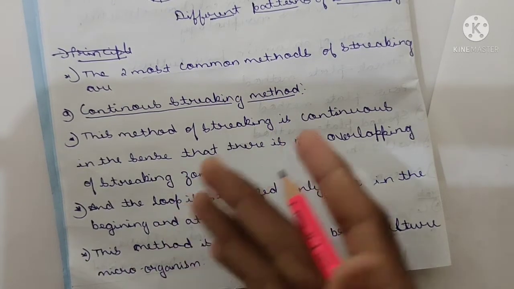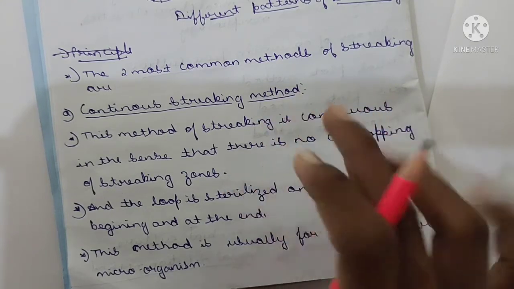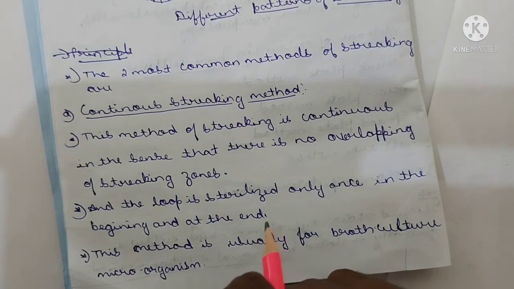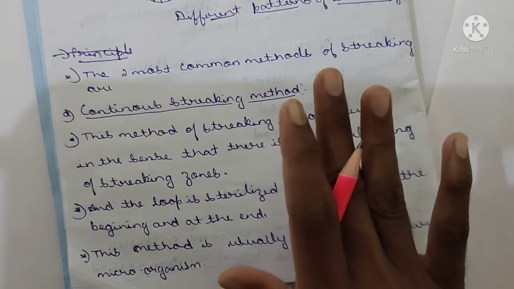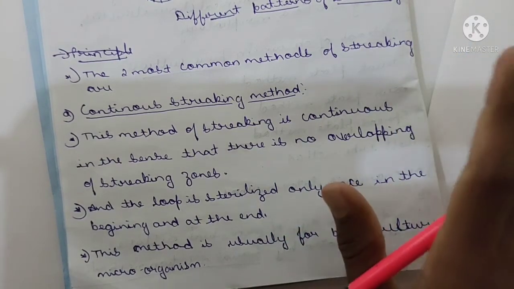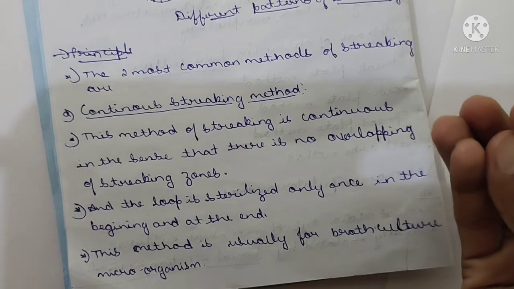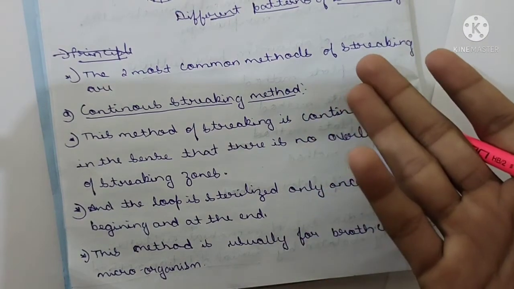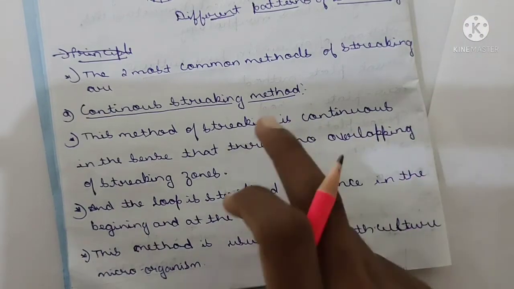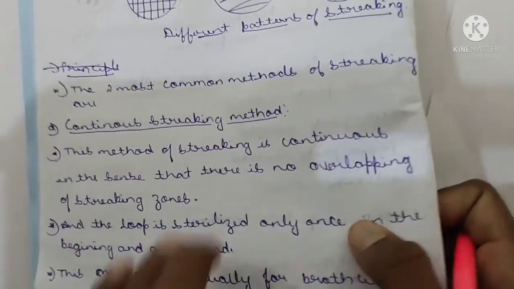Broth culture, you remember, is a type of culture in which the culture is developed in such a manner that we are providing different types of nutrition for that culture. It's nothing but broth culture. Culture means it is a shelter for the microorganisms. For example, it is a home in which different varieties of nutrients are present. This is nothing but broth culture, and this method is specially for the broth culture.